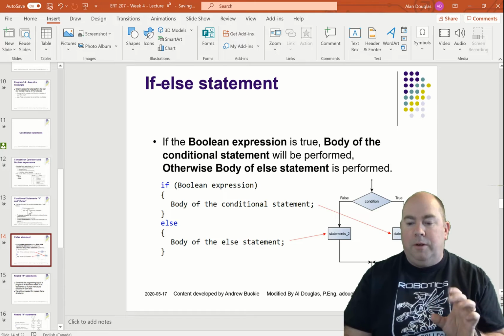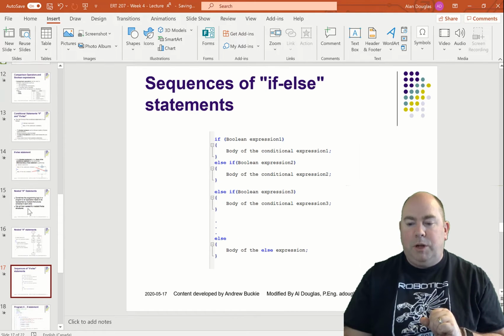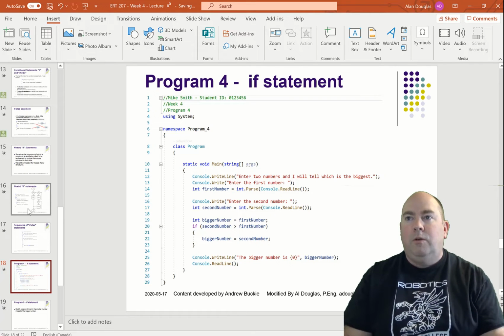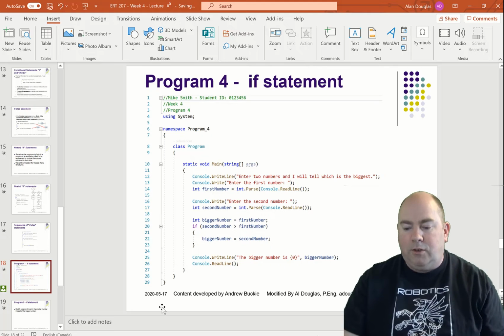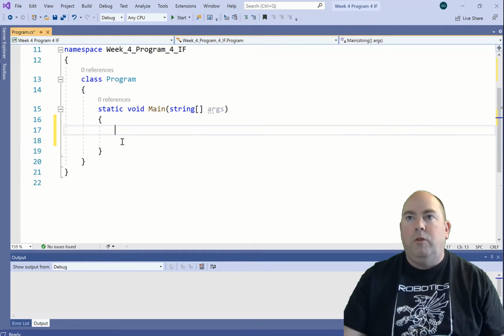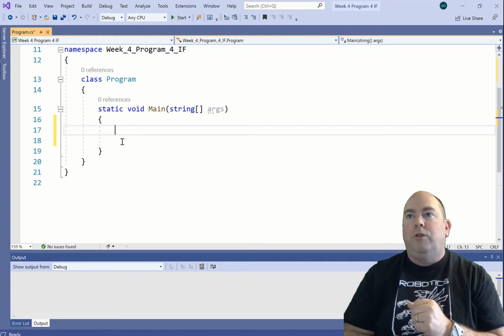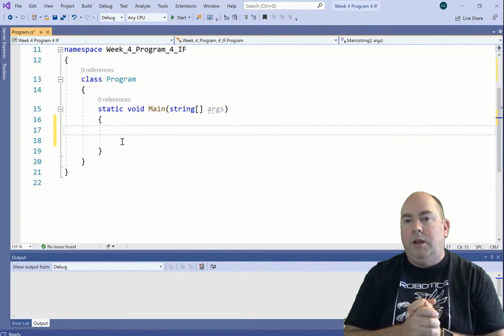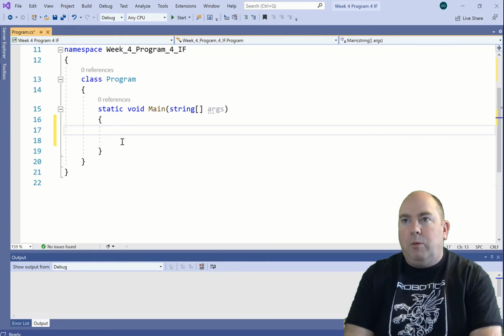There are some flowcharts here explaining these things. So the very first one we're going to do is the if, which is shown here. This is our first program we're going to use, so let's see how this works. Jump over to my programming here. The first thing we're going to do is compare two numbers to see which one is bigger. So we're going to prompt the operator for,